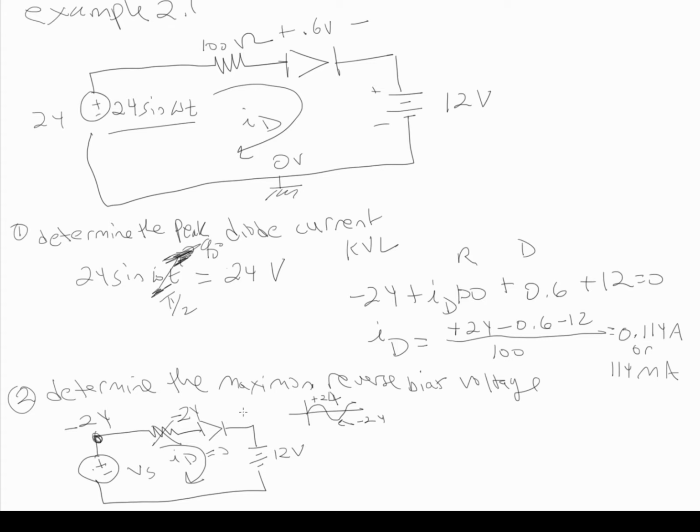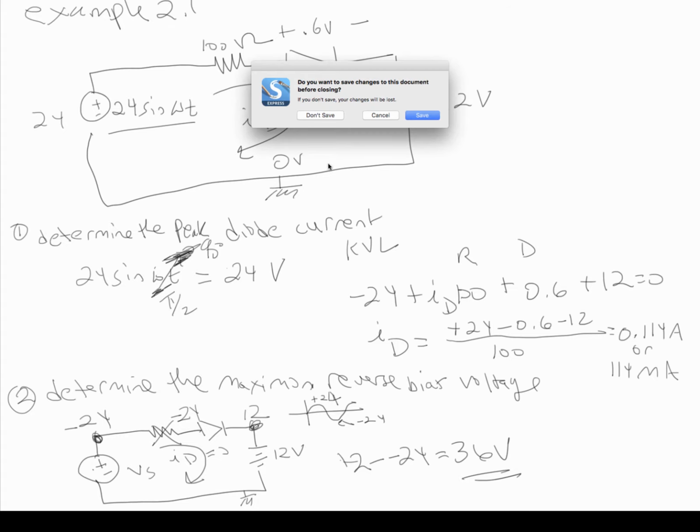And then this point would be, we know because this is hooked to ground, this is 12 volts, okay? So then if we look at the reverse bias, we have 12 minus 24, which equals 36 volts. So that's the maximum reverse bias voltage. And then the last part of that question, number 3,